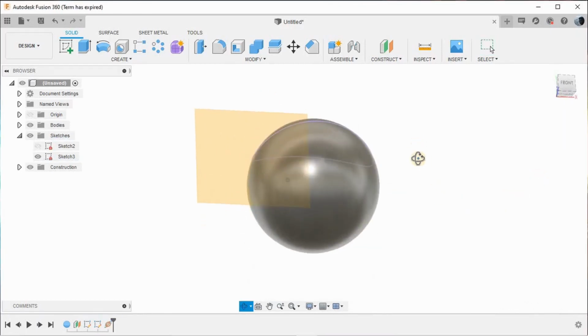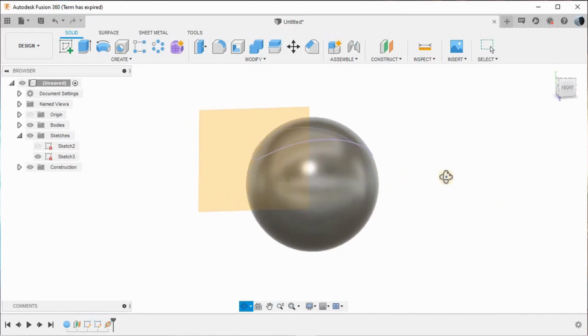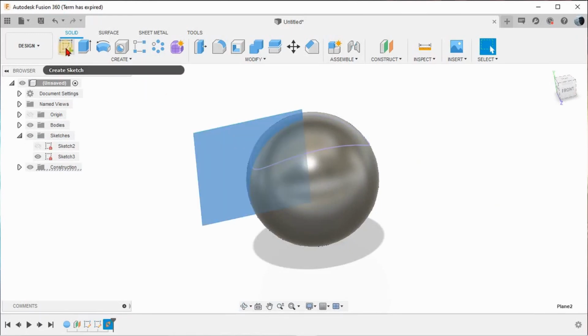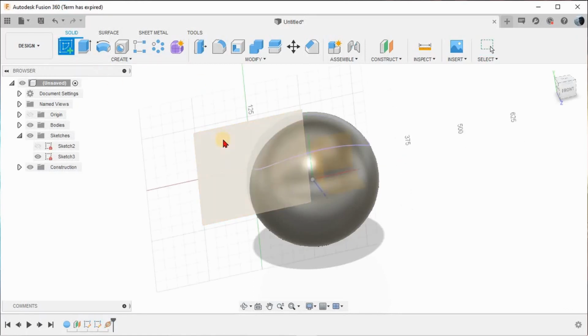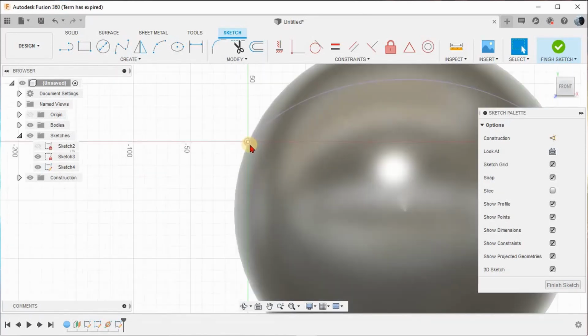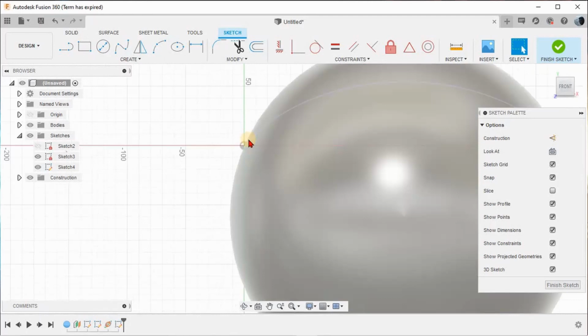So you can see a new plane has been created and it is there, and you just click this particular plane and give create sketch option. Okay, for someone it may not be working exactly, so you can always click this create sketch, then click here. Okay, in both ways it will work. So it is already in sketch mode and you just give front orientation. Now you can see you have the sketch here.